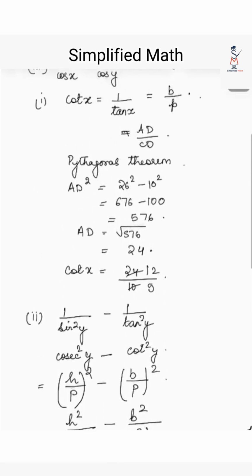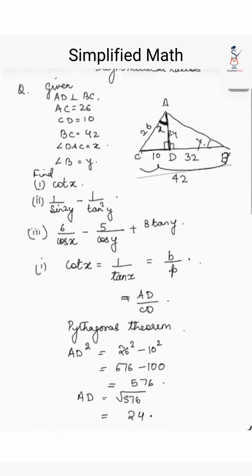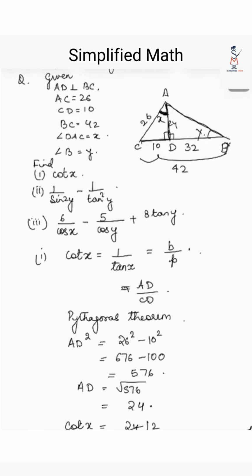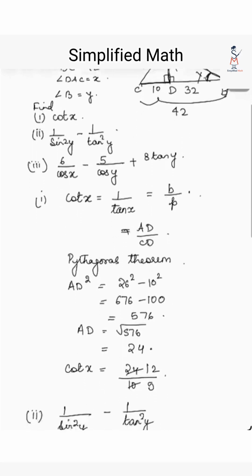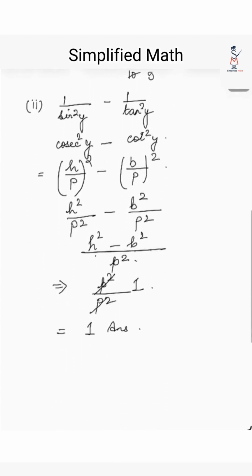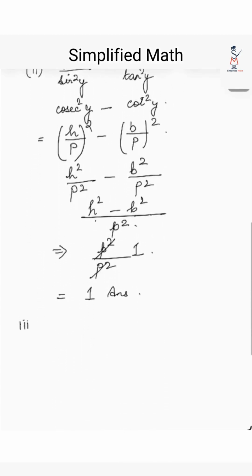The other way is you find the value of AB with the Pythagoras theorem, and sine y is AD by AB and tan y is AD by DB, and get the values. Other way is this way. Now the third one is find